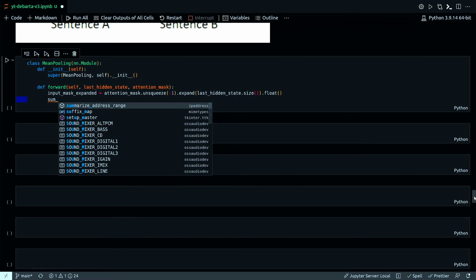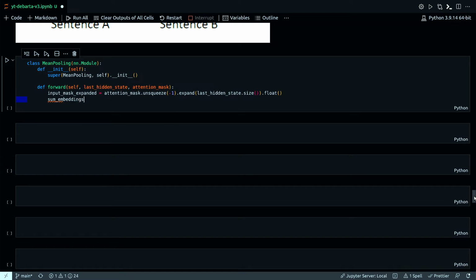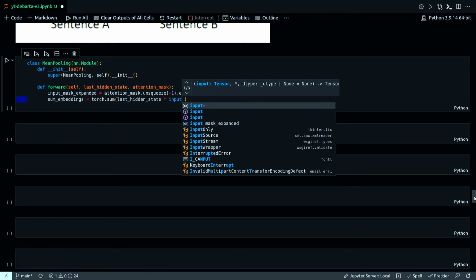Now the sum of all the embeddings will be last hidden state multiplied with input mask expanded.